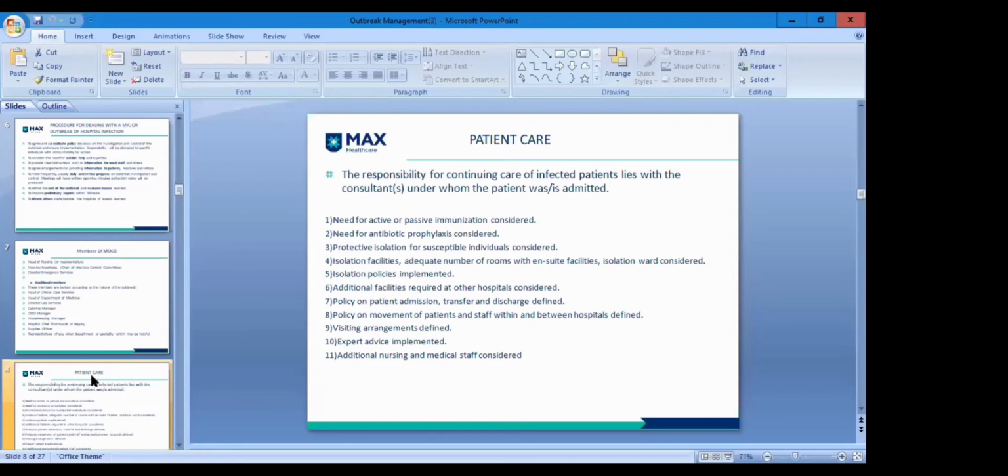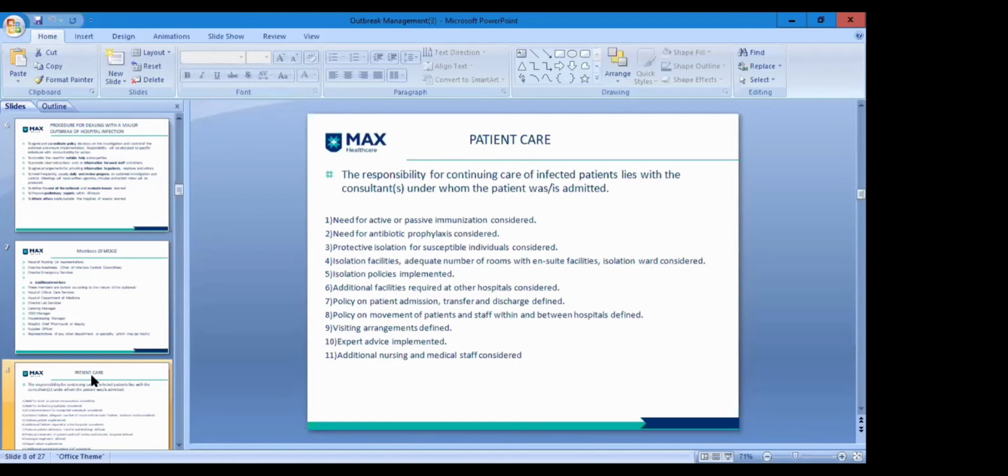So sometimes if the facility was full, we would have to consider any areas in which the patients can be referred if very sick. Then the policy of what is the patient admission policy, transfer and discharge needs to be defined. Like in COVID, what we did was that the mild cases would not be admitted. The moderate, which required oxygen, with saturation below 95, would be admitted. And then patients who required critical care.